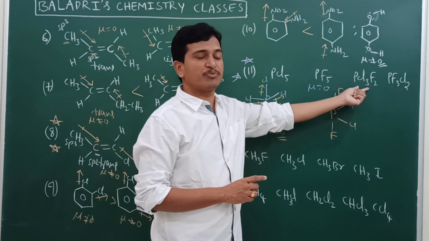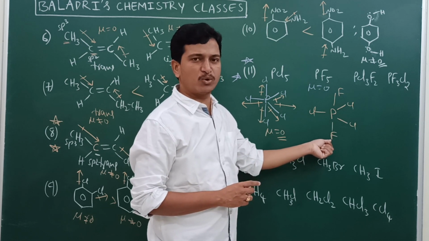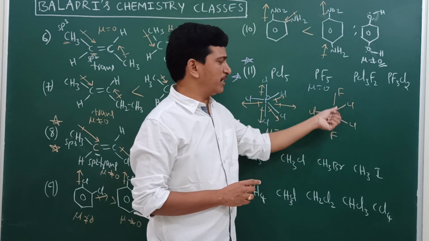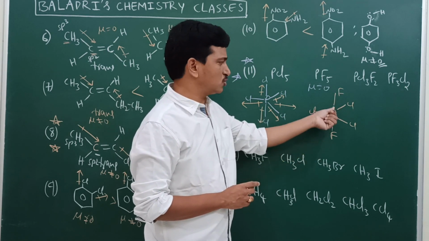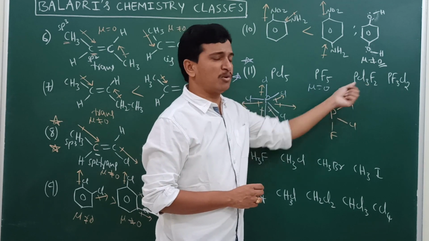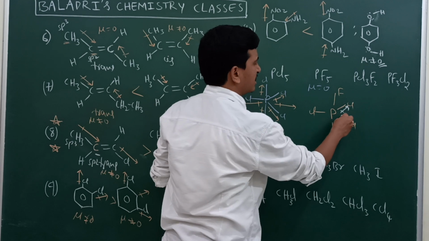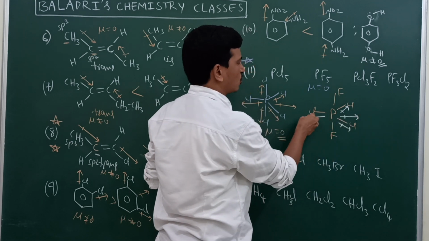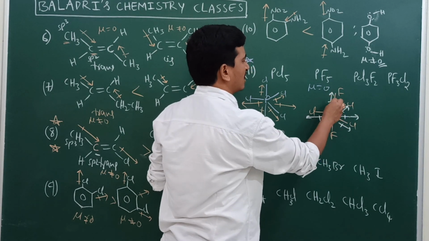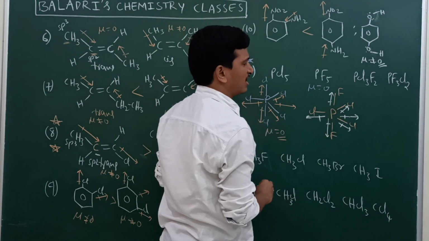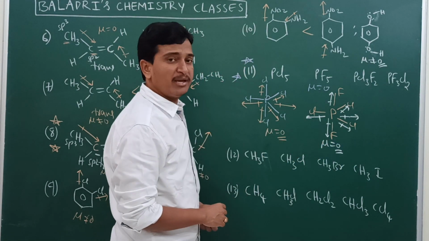According to Bent rule, the more electronegative element must be present in the axial position. What does Bent rule say? According to Bent rule, the more electronegative element always should be present in the axial position. That's why this is the only correct structure for the PCl3F2 molecule. Now these 3 are equal and opposite. These 2 vectors in this direction result in this direction, and this is also chlorine. These 2 vectors are equal and opposite, the resulting becomes 0, and these 2 fluorines are present in the axial position, their resulting vector also becomes 0. So that's why for this PCl3F2 molecule the dipole moment will be 0.